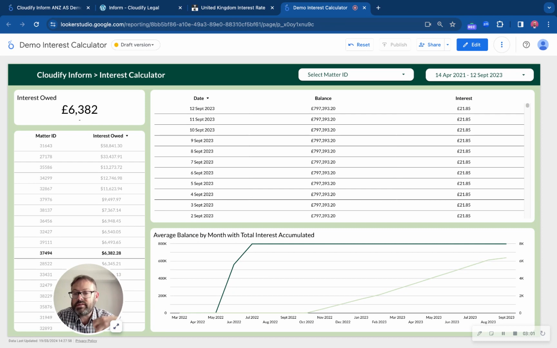So that's what we've done for that firm. As I said, it uses the way that they had approached things in Excel. We can incorporate a range of different ways of calculating interest, compounding, not compounding. We will use data from Actionstep on those client accounts to get the daily balances, and we would then take a feed of your interest rates from the bank account, so that it reflects the actual interest that you, as a law firm,